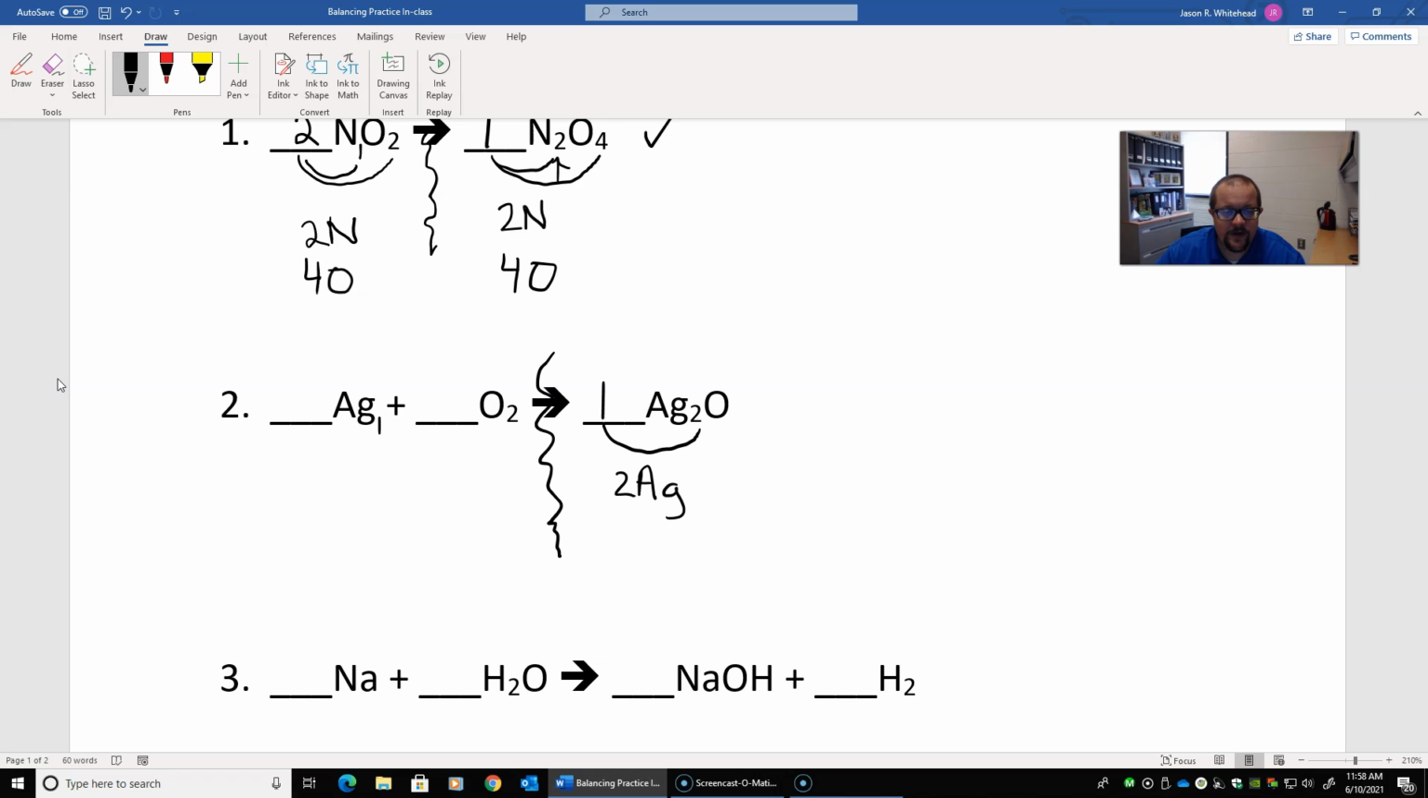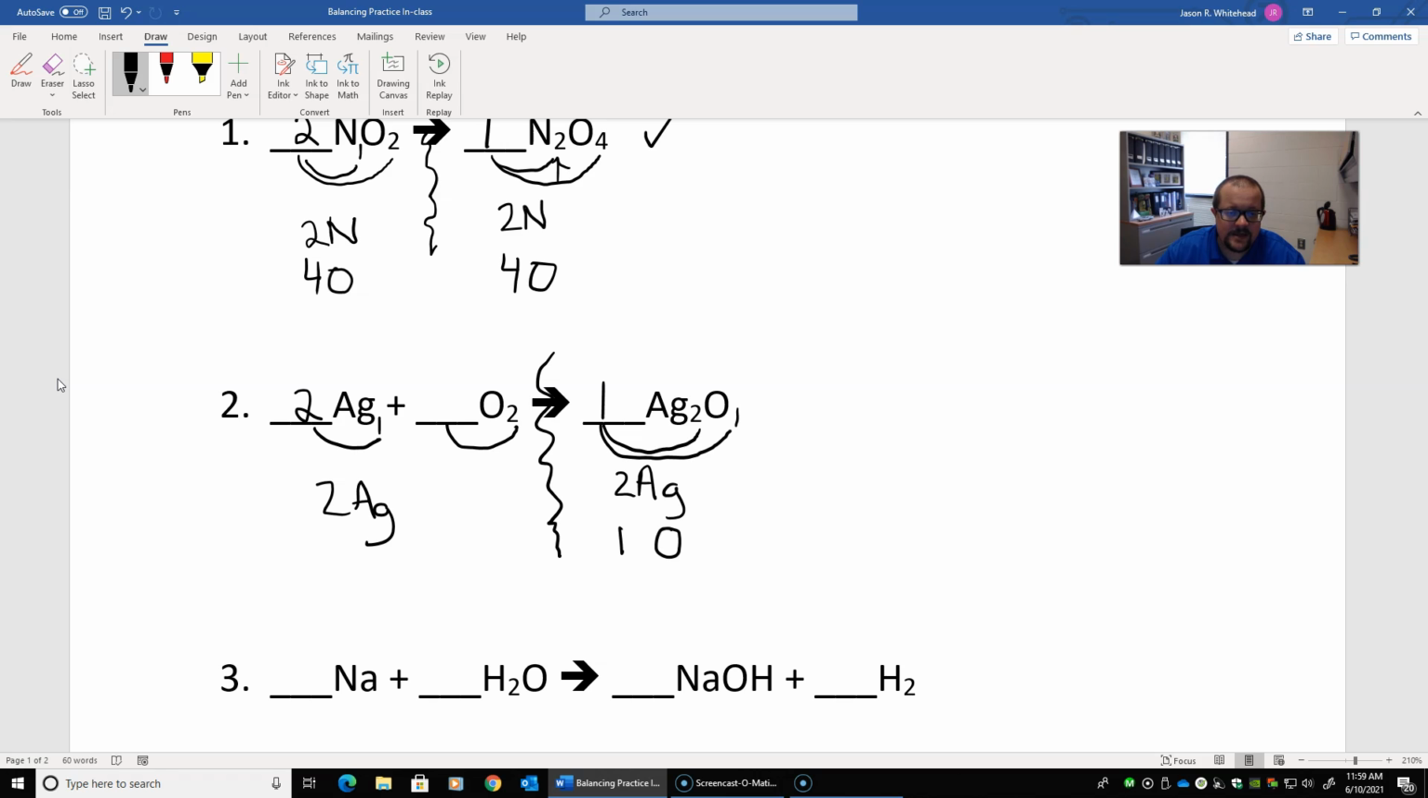Again, draw our little separator. I need 2 Ags on the left. So I put a 2 here, multiplies through, and that gives me my 2 silvers on the left. So silvers are taken care of. We're going to bounce back to the right side by putting this 1 here. It multiplies through. 1 times 1 gives me 1 oxygen on the right, so I also need 1 oxygen on the left. So I need something times this 2 that's going to give me the 1 oxygen that I need